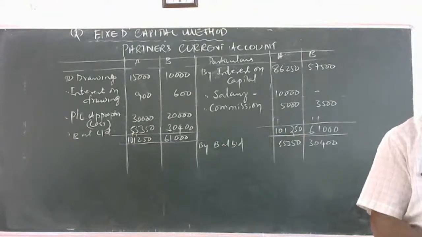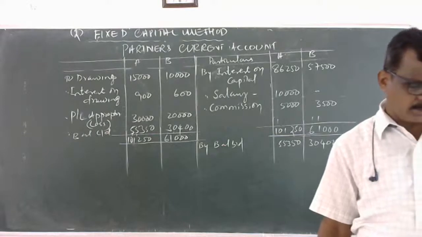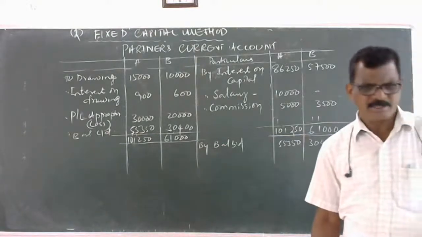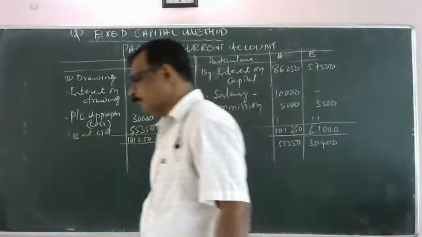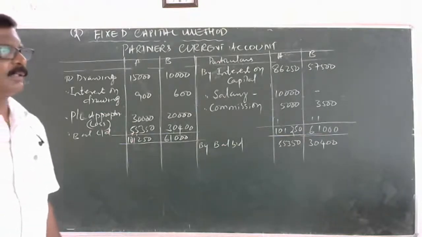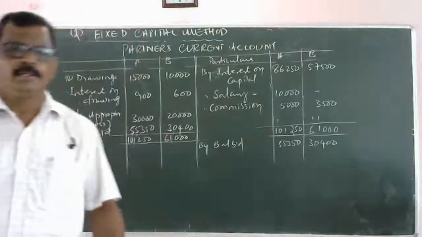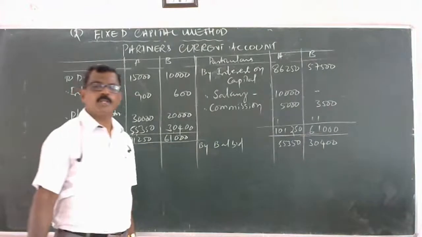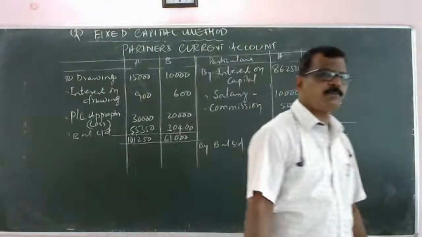So take on this, and another problem is also given. This is also very simple. X and Y, right? In this example, X and Y are partners with capital rupees 2 lakhs and 1 lakh, sharing profits and losses